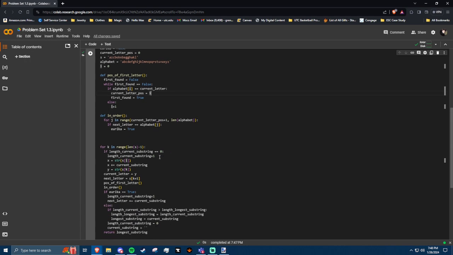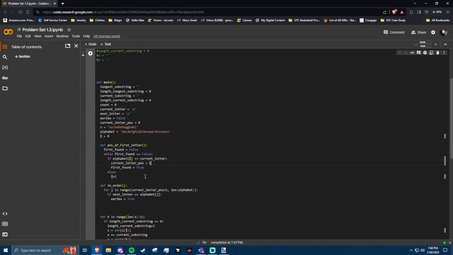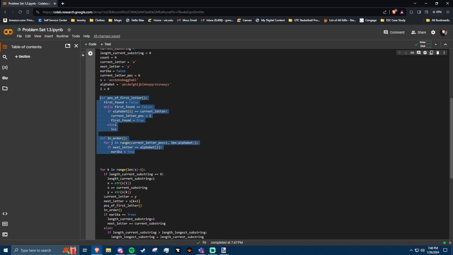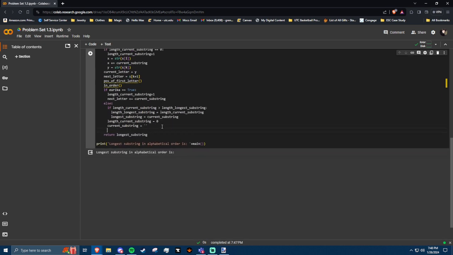Initially, these aren't going to run right now, right? I don't think it will do that. For all intents and purposes, is anything in here setting longest substring to something? No, so it shouldn't matter. But anyway, just to be super sure for real,